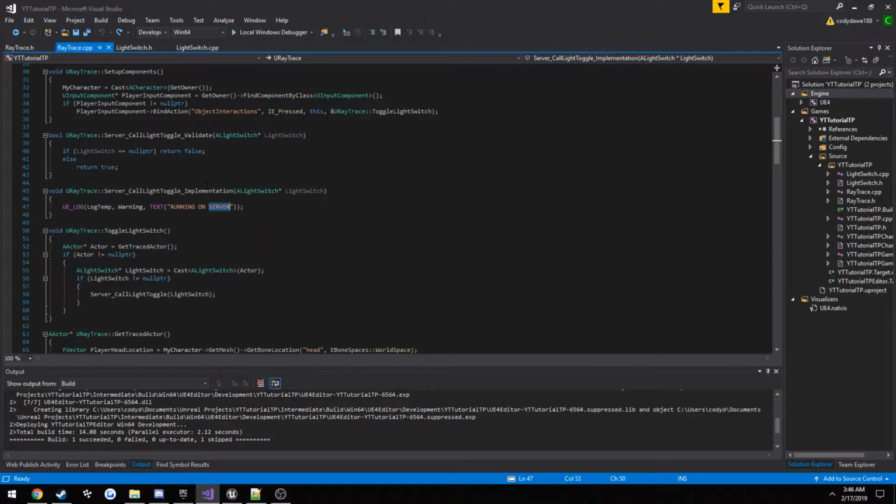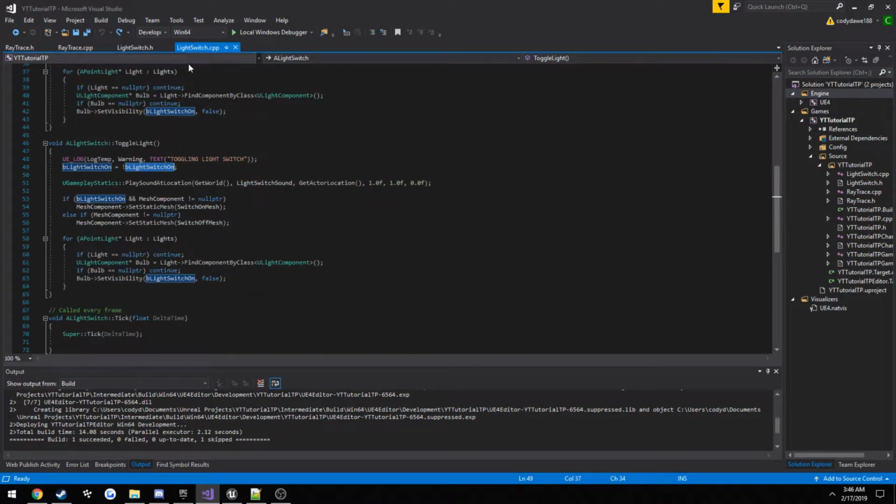So from here, remember, if I went over it, when we do find that we did in fact come in contact with our light switch when pressed E, we're going to call all light toggle, and this function is only going to run on the server. So this code here that I'm highlighting is only going to be run on the server. What we want to do from here is go from this server function to another normal function over here